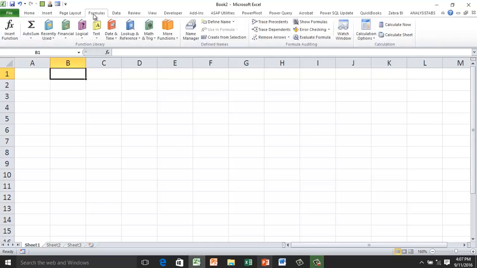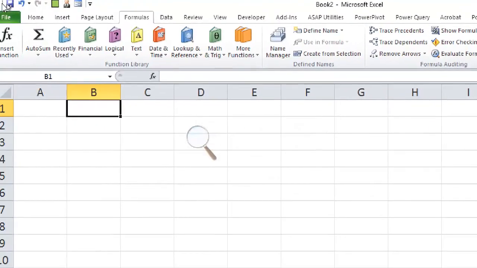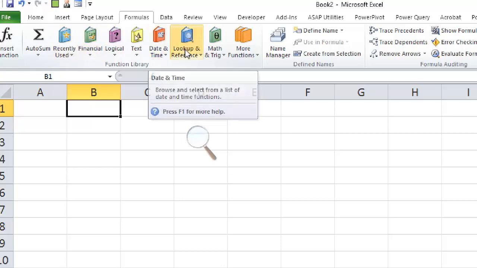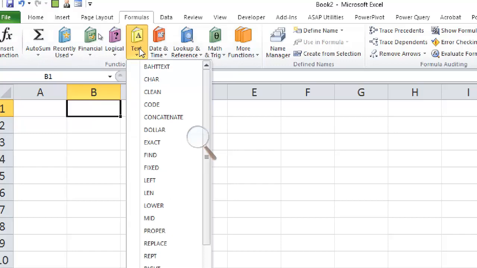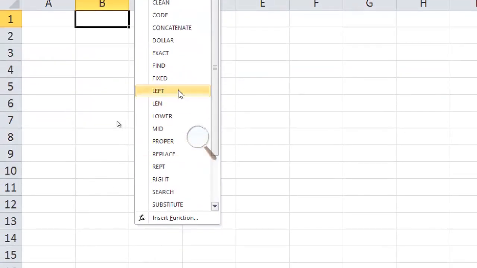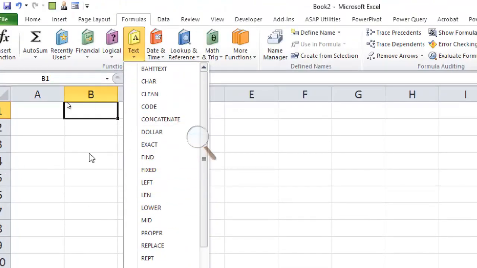For chapter number 6, you have to go to the Formulas tab, where you can find a number of functions lined up according to category. You have more than 60 functions in your study text related to text functions, and if you have gone through LEFT, LEN, LOWER, MID, PROPER, okay, you have to make sure that you know their applications and concepts.